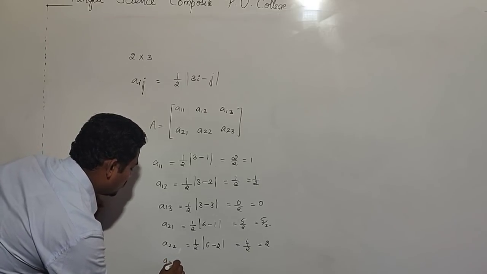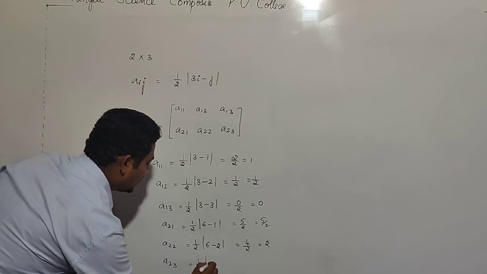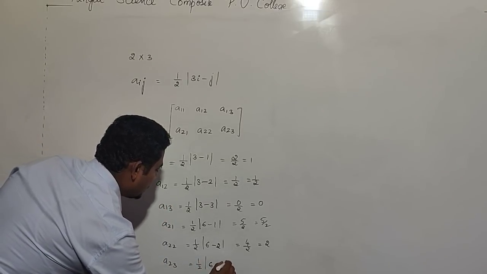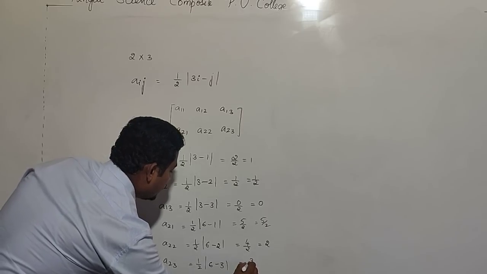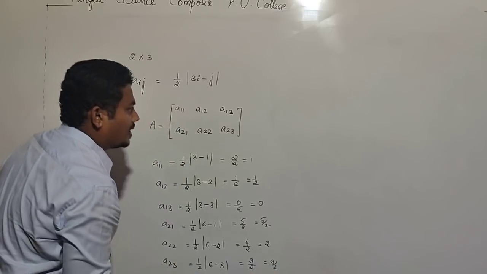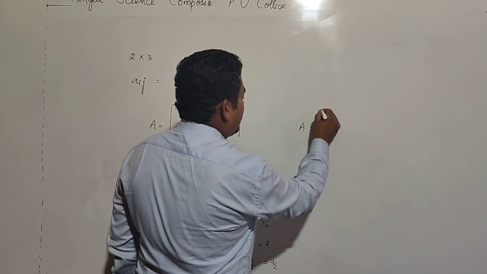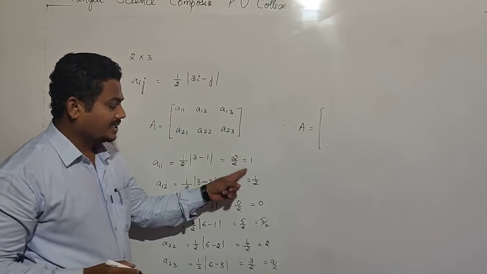Lastly A23: 1 divided by 2 times modulus of 6 minus 3 is equal to 3 divided by 2. Therefore, our required matrix is A is equal to,